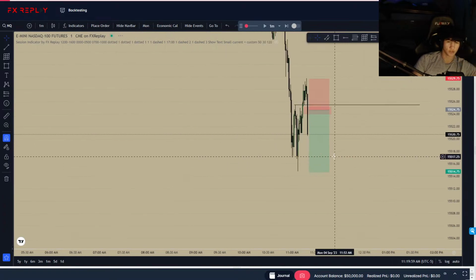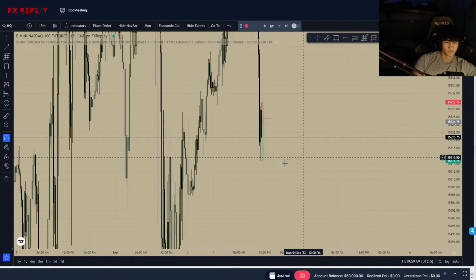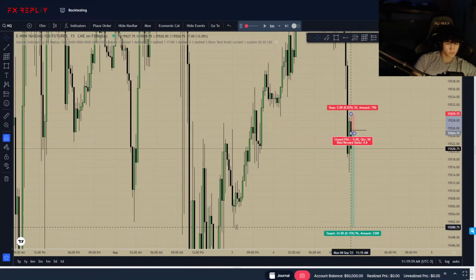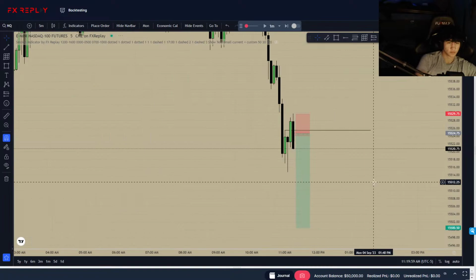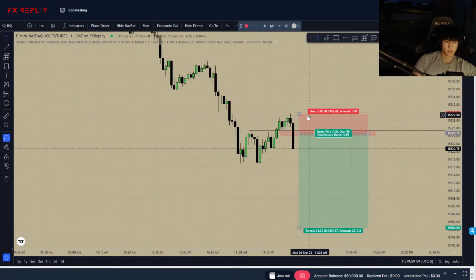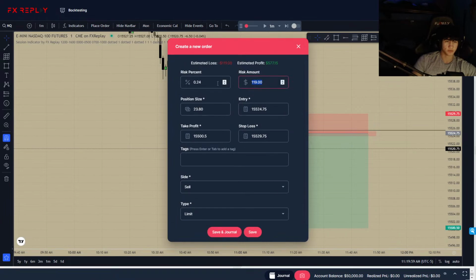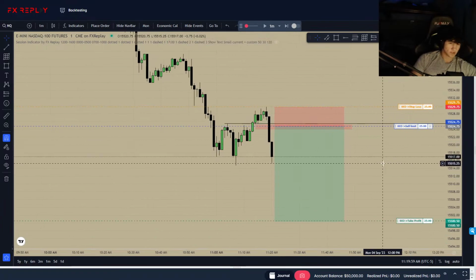This is a 1 to 2. I don't like that. And we just took out this. Oh, we are in a higher time frame market maker sell model, yeah, so we are. At least as long as it's a 1 to 3, I'm fine with it. I don't like how we're heading into lunch and how tight this stop is, but I'll do it. For this trade, we'll risk 125 because max daily loss on this account is 250.